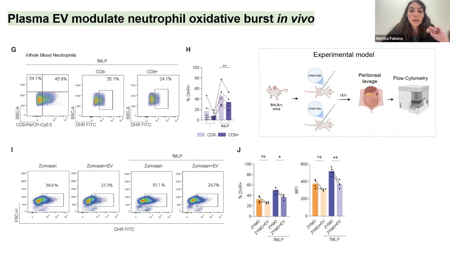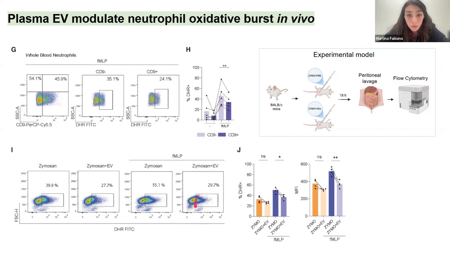But when we stimulated with FMLP and evaluated neutrophil reactive oxygen species production by dihydrorhodamine, we observed that those cells, which were evenly recruited in both types of mice, in the ones that had been exposed to extracellular vesicles secreted less amount of